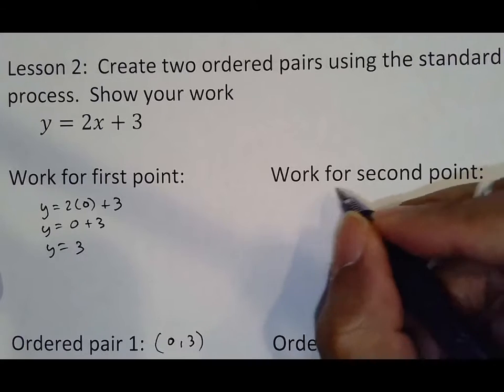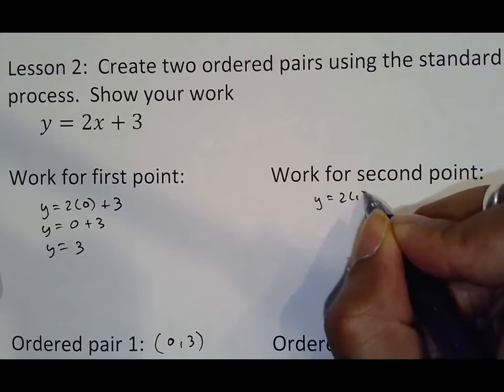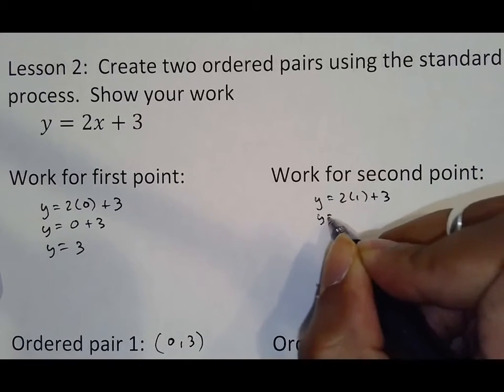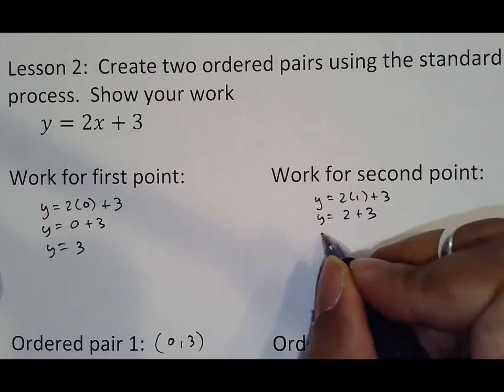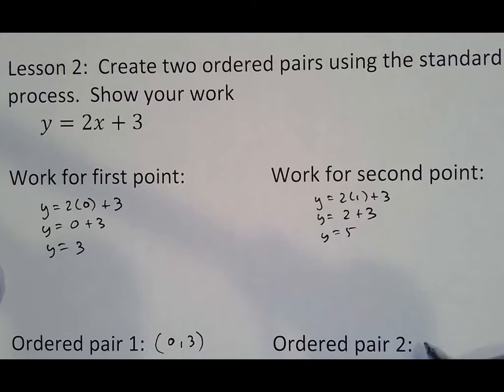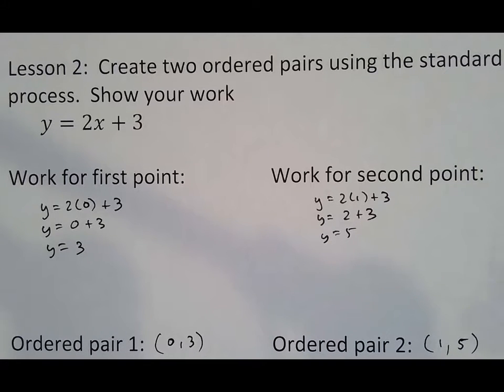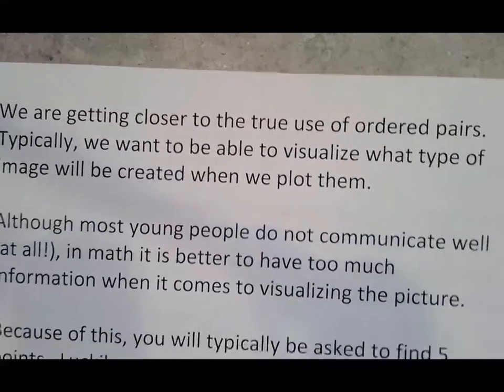Our second point was to use the value of 1, which then became 2 plus 3, which is 5. And so again we used 1 for x, we got 5 for y, and that was it. So the first lesson they gave us one number. The second lesson you were supposed to pick 2 numbers, and we are getting close to the true use of